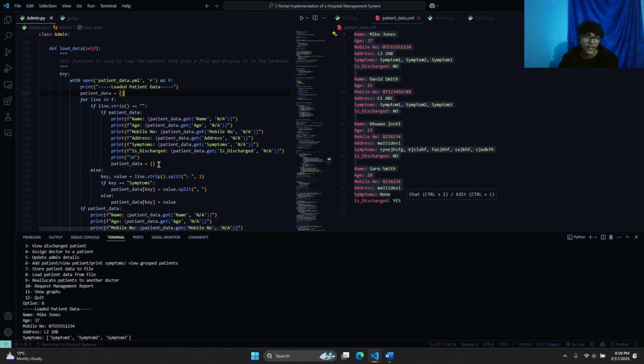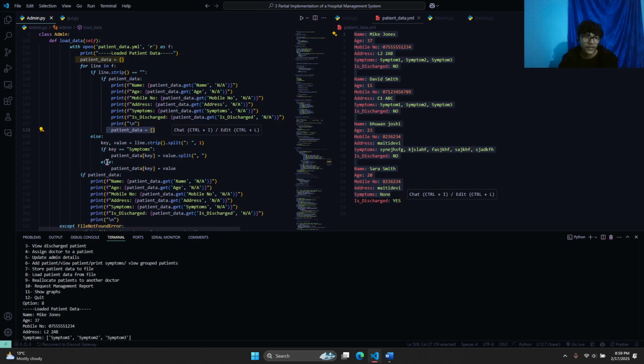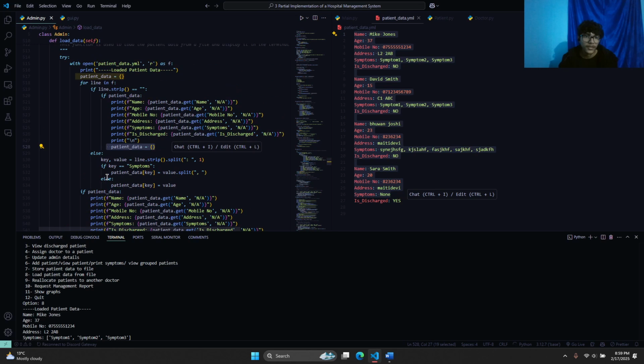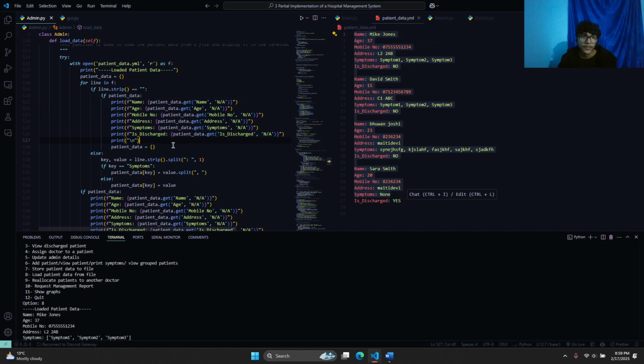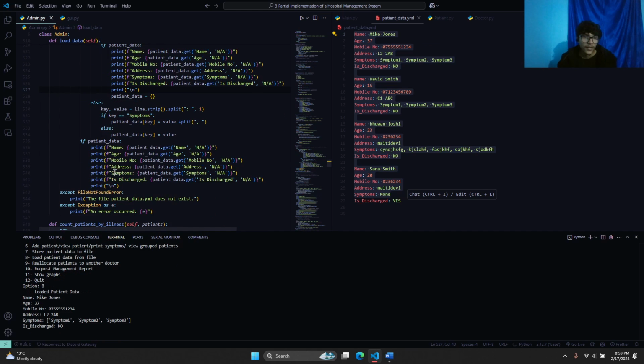Sorry, there is no use of this one, so I think it's useless here. We are using this on the else part. So basically, if we have patient data on the patient data.yml, it will just print here. If we don't have one,